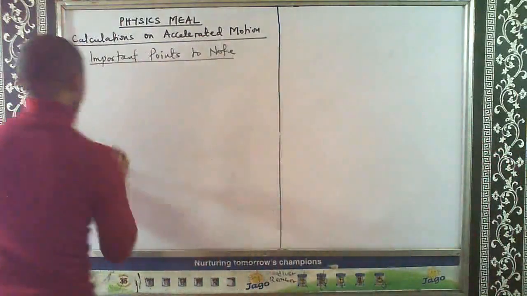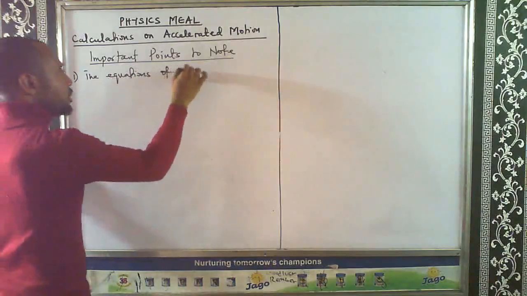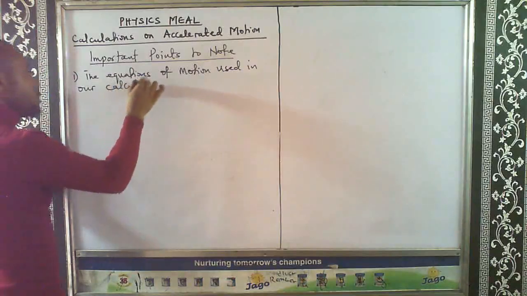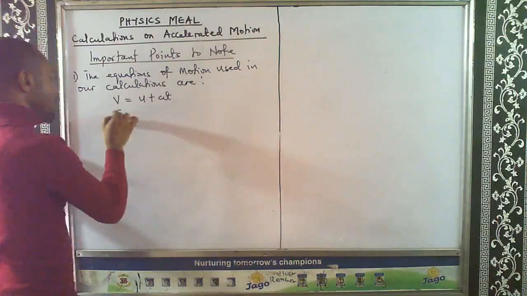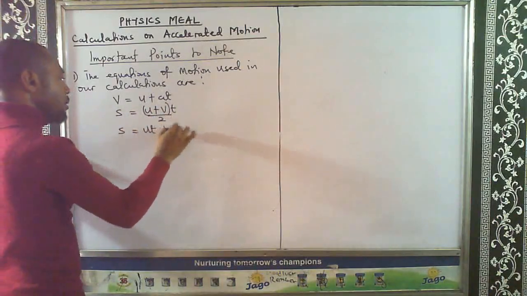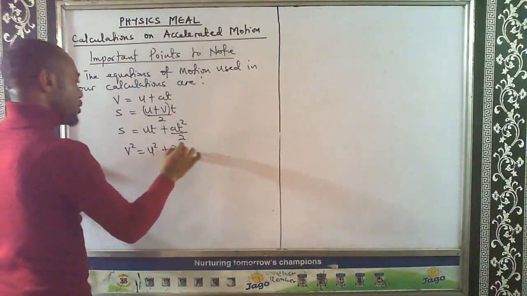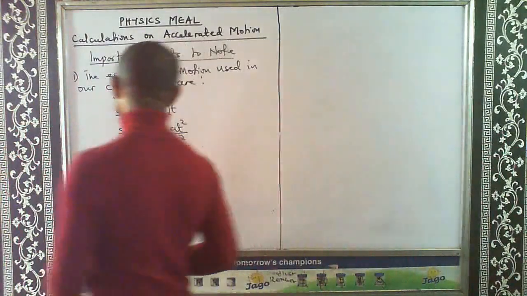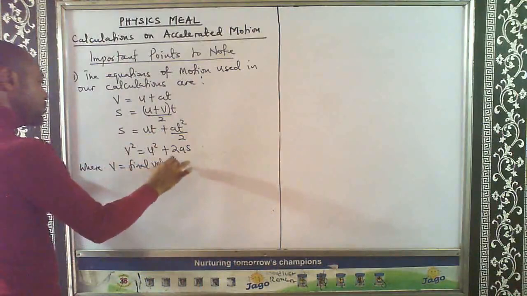One, since we are using equations of motion, the equations of motion used in our calculation are V = U + at, X = (U + V)t / 2, X = ut + at² / 2, then V² = U² + 2aX. I know if you have done motion, you are familiar with these equations and you know what each term stands for, where V is final velocity or final speed